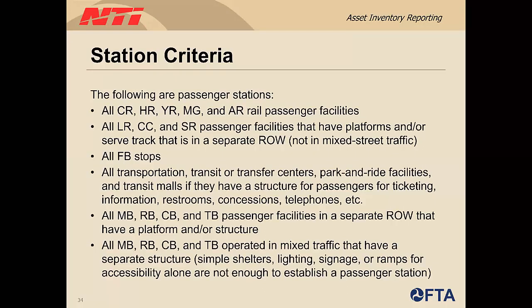You will report one A10 form for each mode and type of service that your agency operates, with the exception of TX or TN modes. Passenger facilities are only reportable on the A10 form if they meet the station criteria listed here. Please note that historically, stations for non-fixed guideway modes were only reportable if they were enclosed. In report year 2019, FTA clarified that stations do not need to be enclosed to be reportable, but rather a significant structure. With that being said, bus shelters or bus stops without a significant structure are not reportable to the NTD on this form.